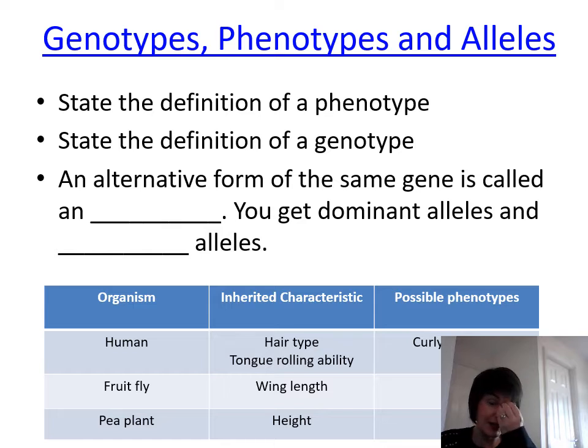And you can maybe try these few questions. State the definition of a phenotype, state the definition of a genotype, a wee fill in the blanks, and a wee table just to consolidate your understanding of genotypes, phenotypes, and alleles. Okay,